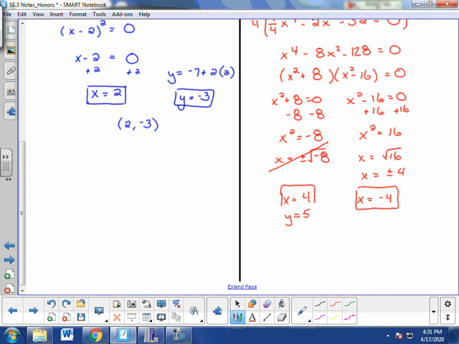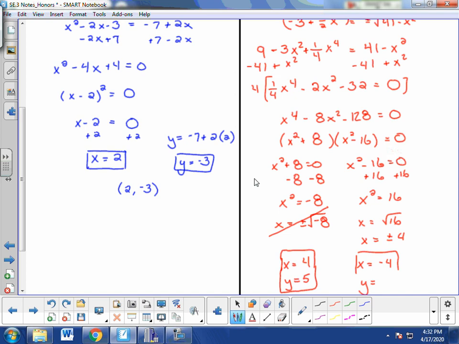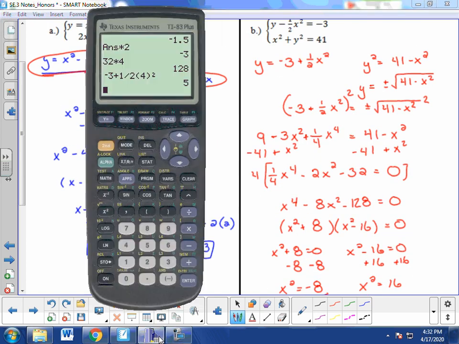So when x is positive 4, y is positive 5. We do need to make sure we find those y values. I would do the same thing for x is negative 4. So go back to this equation and type that equation into the calculator. Negative 3 plus 1/2